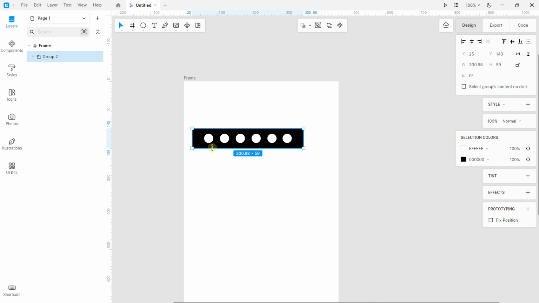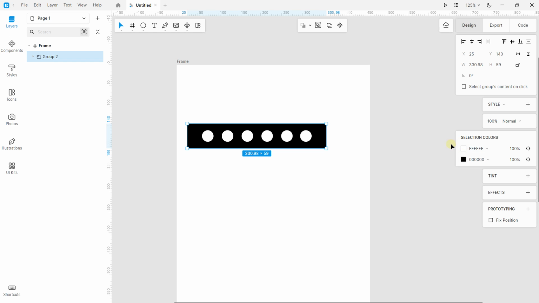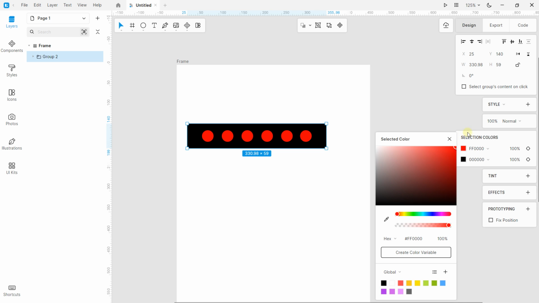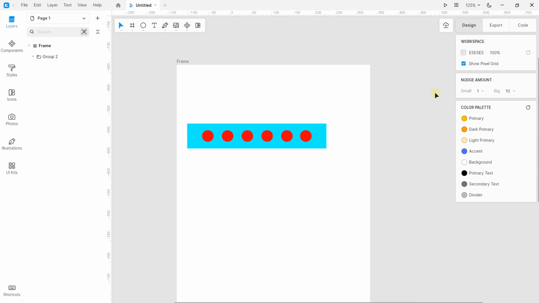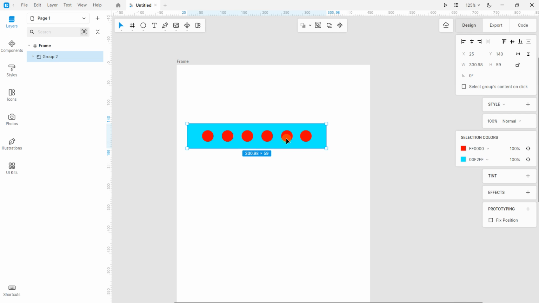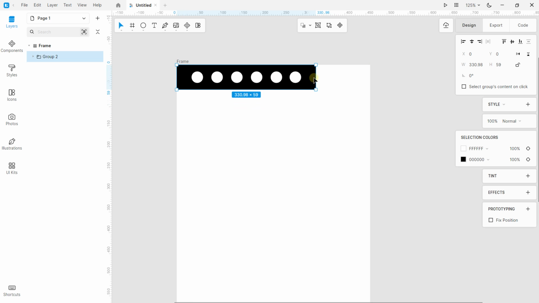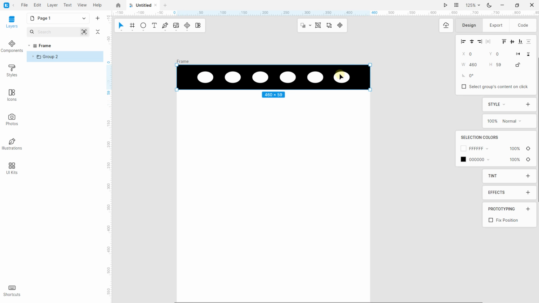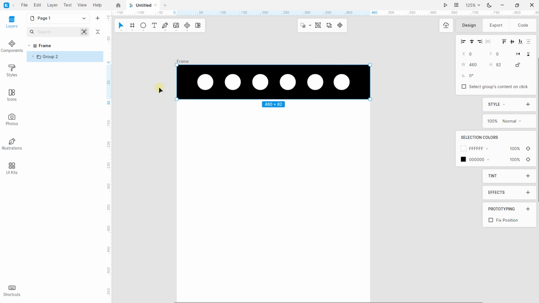If I go on the right, I have different options, the color of the circles, like this. And I also have the color of the rectangle. So each time you will see the different colors appearing on this area. I'm just going to click on my groups and come back with Ctrl Z at this moment. When I go here, as you can see, if you resize, you need to be careful. You need to keep the proportionality by pressing Shift.